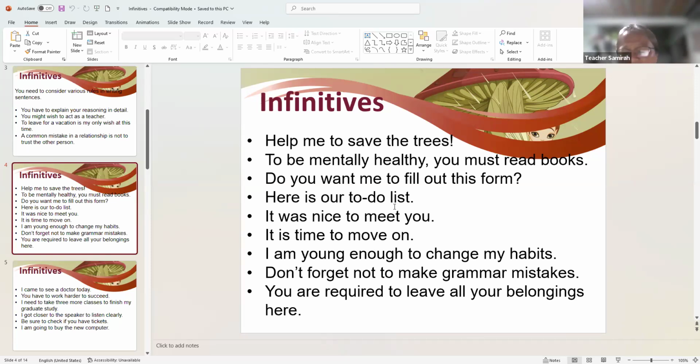So infinitives are always used, right? This is actually very necessary in a sentence. This can always be seen in a sentence. But again, without us knowing, we are already using infinitives. But we just do not know that it is already an infinitive that we are actually using in a sentence.